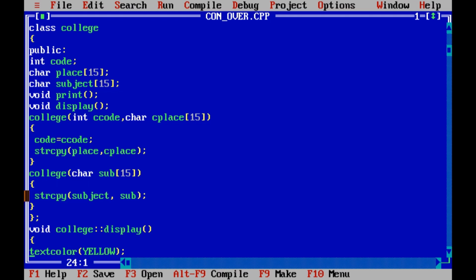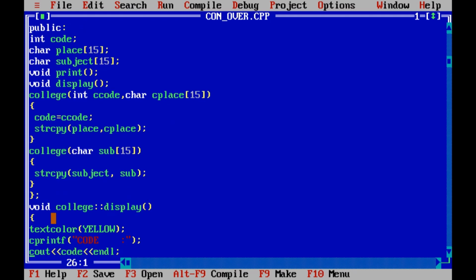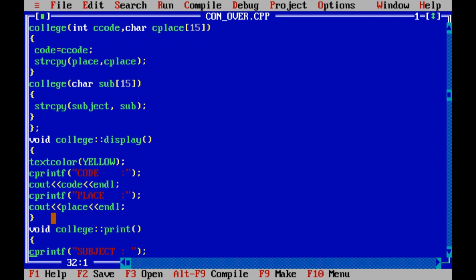Okay, so strcpy. And here our class is closed. That means we are defining our member functions outside the class. For that, we know the method: first we write the return type, then the class name, then the scope resolution operator, and then the function name.